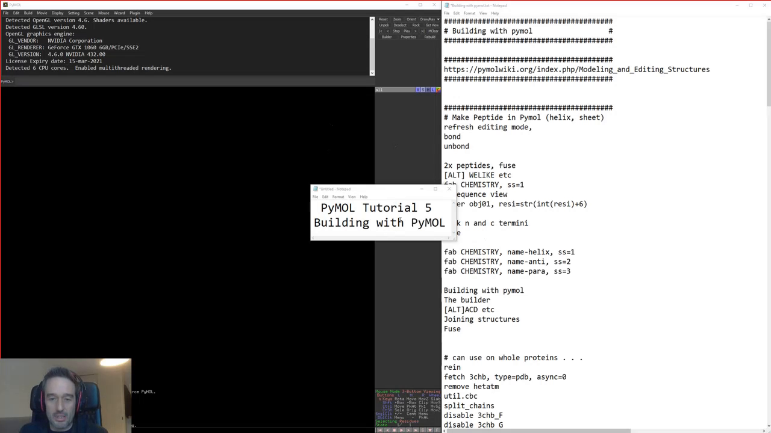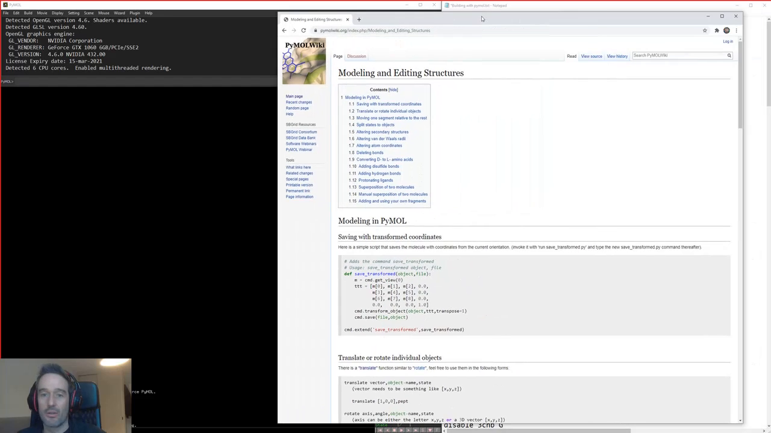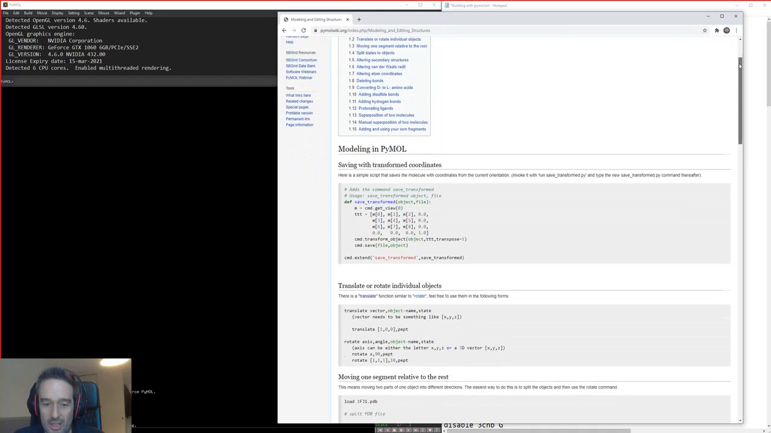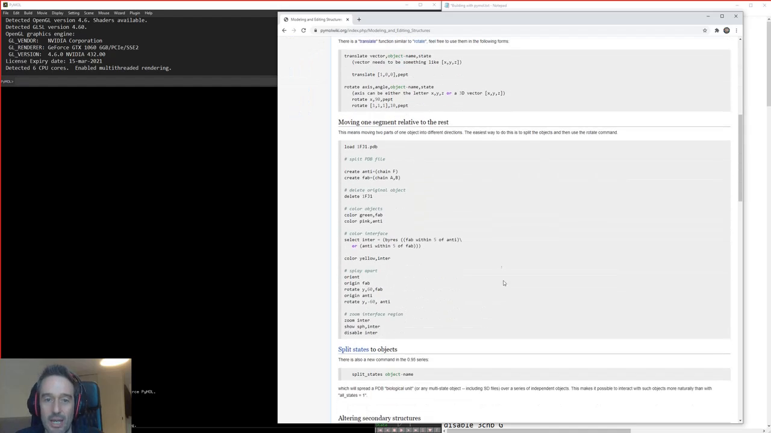Today is going to be how to build things with PyMOL in both small molecules and with proteins. Okay, so first of all, there's a nice resource here called Modeling and Editing Structures, and that web page looks a bit like this, and it goes into a few various different things like how to translate and rotate molecules